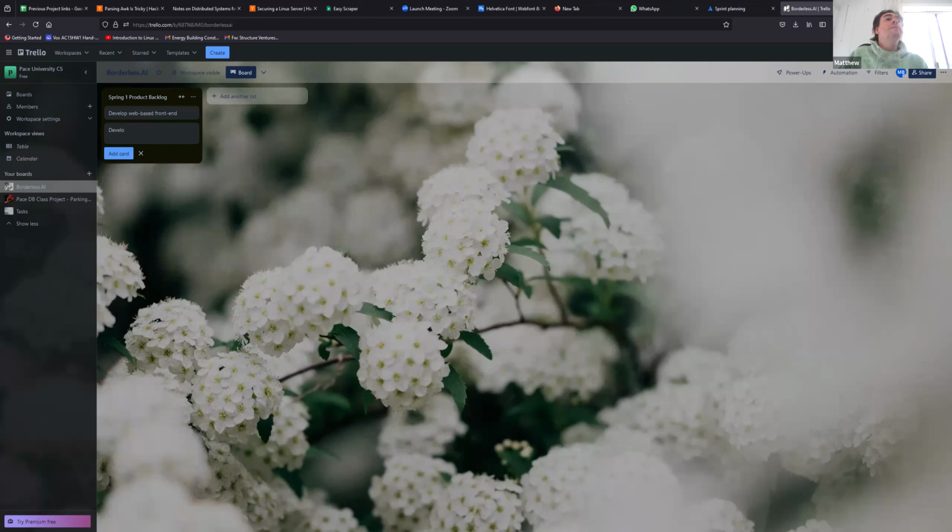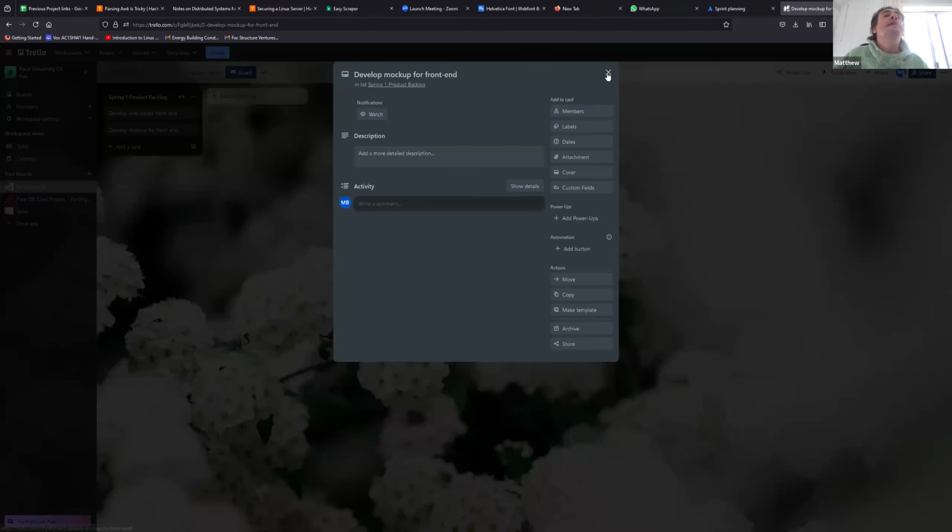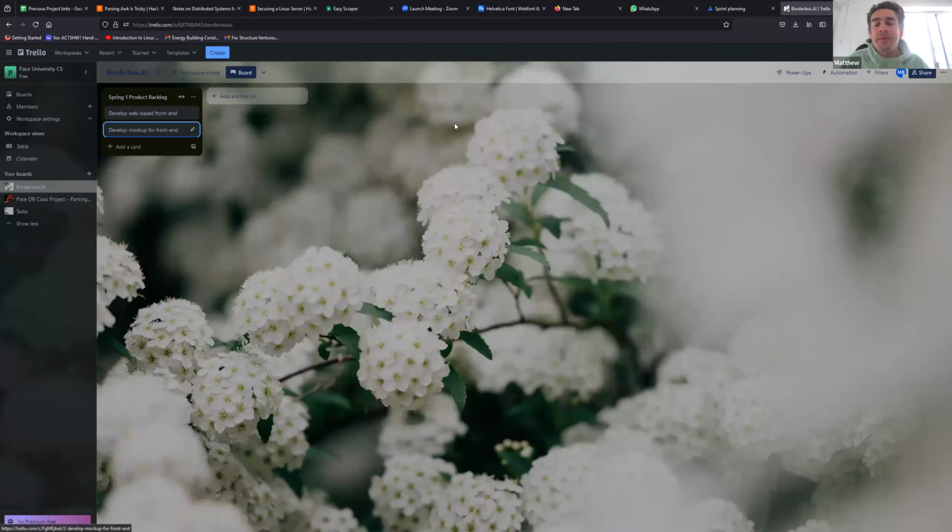I feel like this one, in my mind, comes before the actual development of the front end. So that will need to get done first, I think. All right, so we'll talk about that.